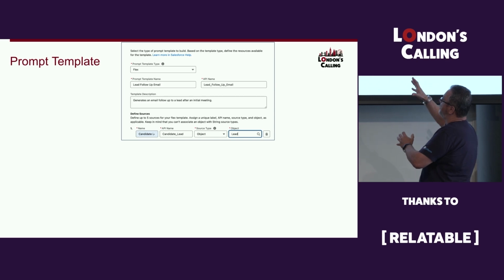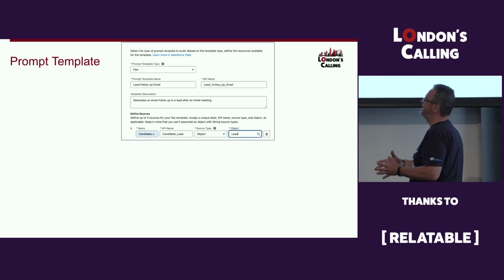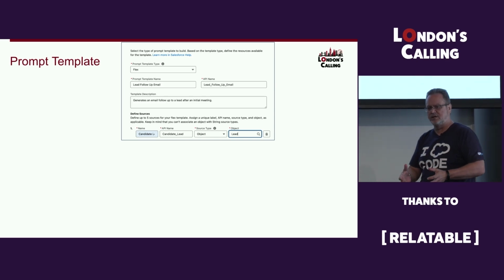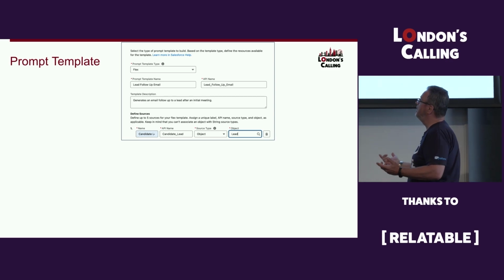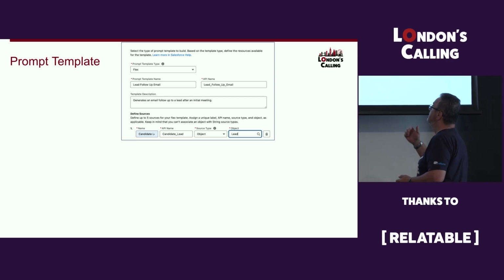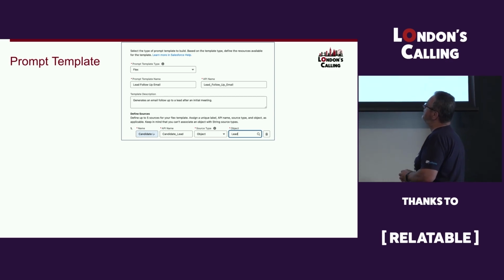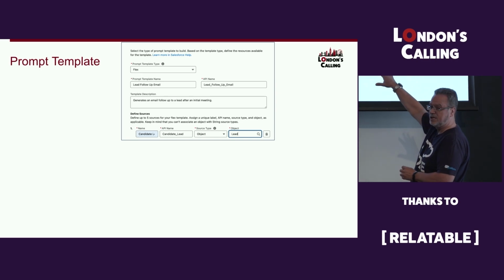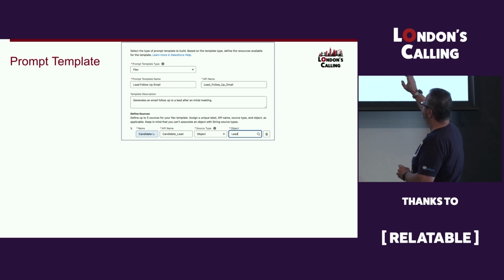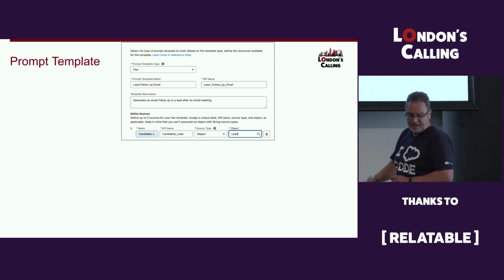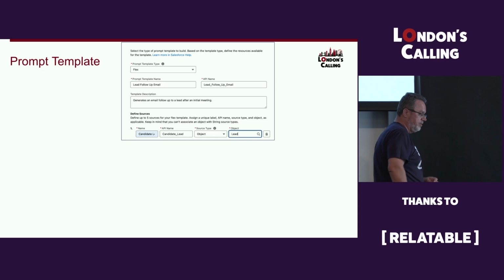So I can define up to 5 sources, 5 places where I'm going to get data that's going to be used in this request to the large language model. I've only gone with one because I'm only really interested in the lead. So I've called it candidate lead. It's a source type of object. And once I define it's an object, you can also do free text in here if you want your users just to be able to type in and request something. And the object itself is a lead. So once I've done that,